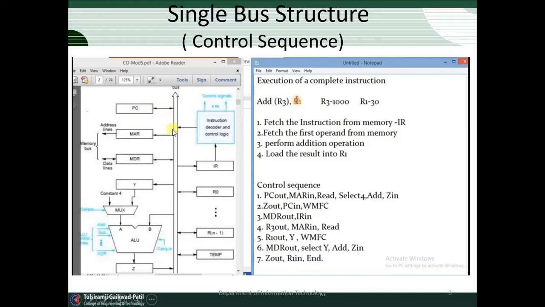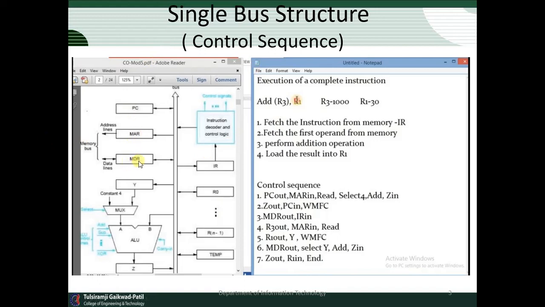Now that address is stored in the MAR, the memory address register. Through the memory address register, the content is again stored in the MDR, the memory data register. What is contained in the MDR? The MAR identifies the address of that instruction, and that address may contain data or instructions, which are held in the MDR.